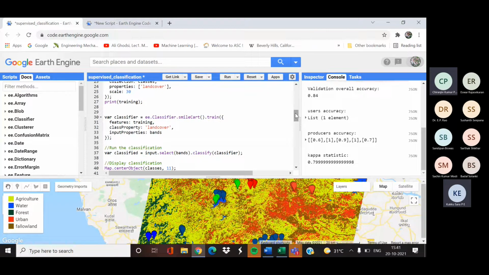Actually, there you can convert all the resolutions to a single resolution, or just select the bands which have the same resolution. This scale of 30 that you have given, is that the spatial resolution?